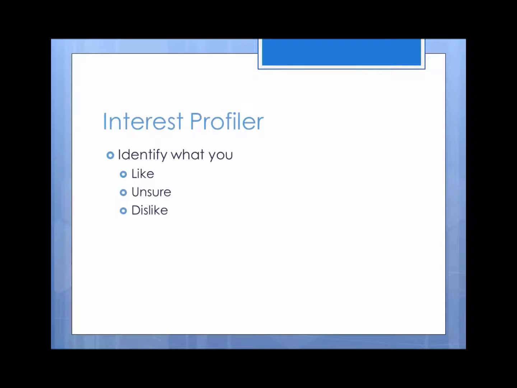do. So they'll be presented with a task. For example, the task might say something like, would you like to build kitchen cabinets? The individual will choose like if it's a task that they would want to do. If they're not sure, they will choose unsure, selecting the letter U. And then the third choice clearly says, if you know that you would dislike doing either one of those, select